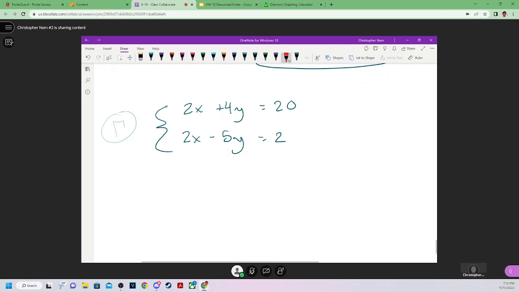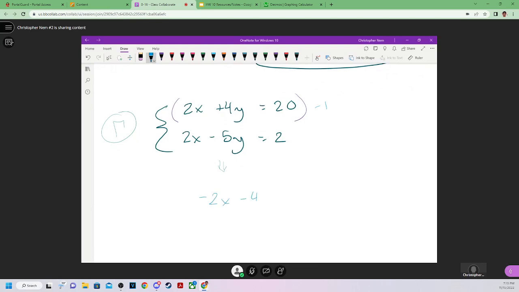All right, if you tried to add these two together, that's not going to work out. You're going to get 4x plus 1y, and none of the variables got eliminated. So what you would need to do to eliminate it is multiply one of the equations. I'm going to choose the top one. Multiply it by -1. You need to have different signs. So if I multiply by -1, the new system is going to turn out to be